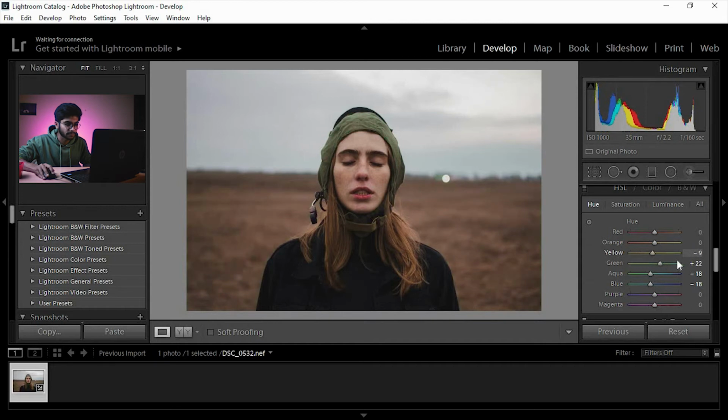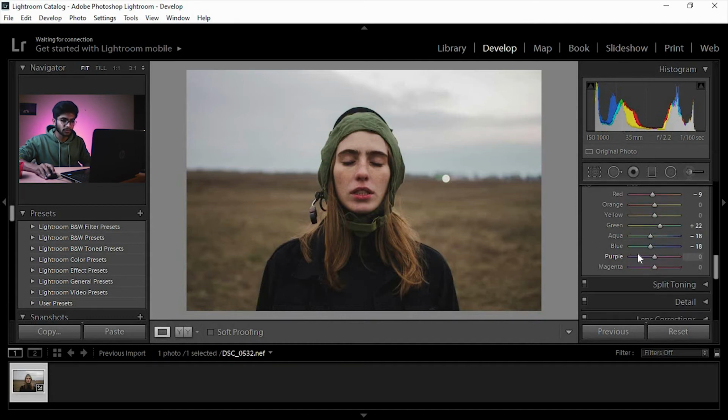Now yellow, it's affecting the background color, and we are really going for a deserty look, so let's leave it like that. We don't want to mess with the yellow because it will really look weird. And let's increase red a bit because that's her skin and lips. Let's give it a pop a bit, not much.